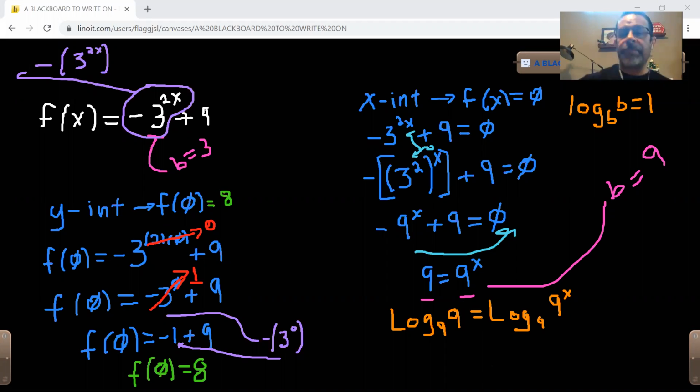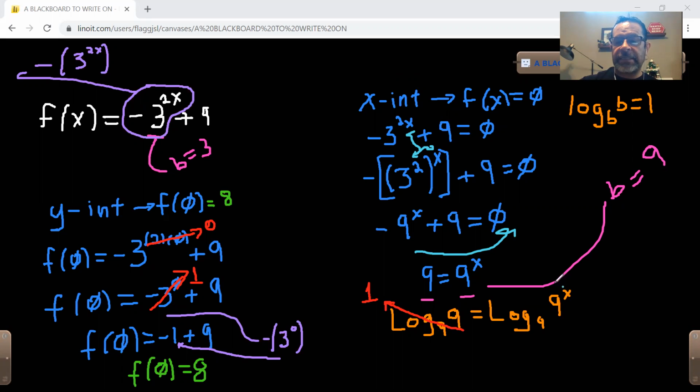And so what's going to happen here? Well, first off, log b of b is equal to 1. So this term here automatically turns into a 1. And this term that we've got here is equivalent to having the x here, according to the laws of the